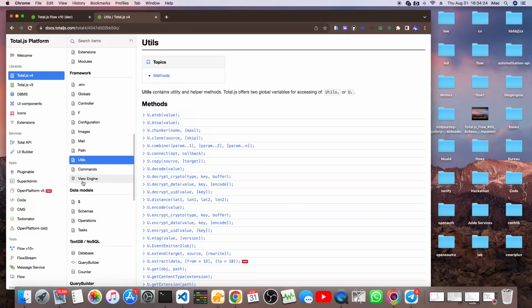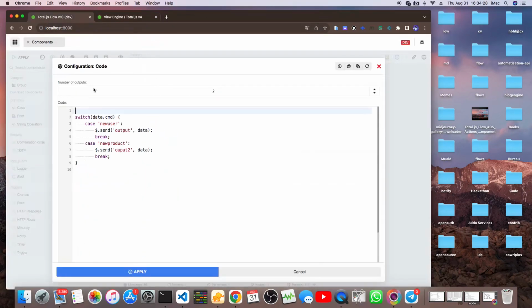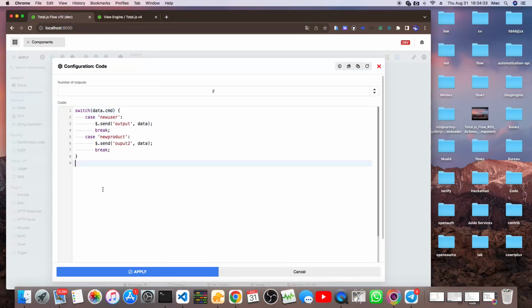I cannot count the number of possibilities we can do in such a code component thanks to Total.js Flow. In the next videos I'm going to cover more specific customization level things about Total.js Flow, but for now